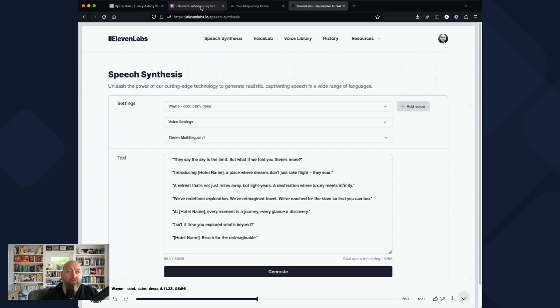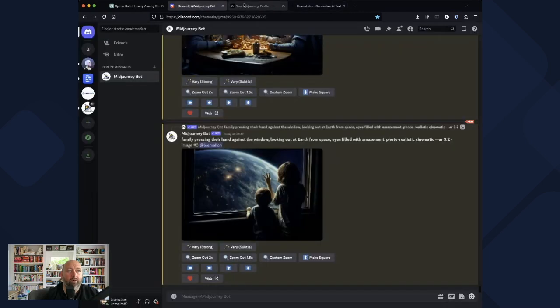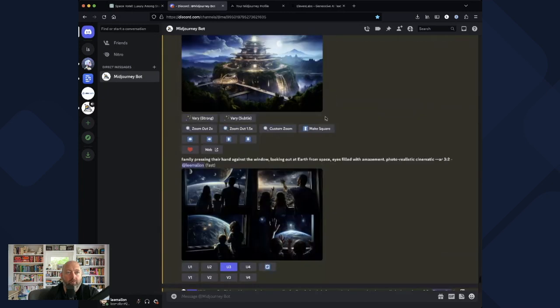Now, Midjourney, you basically access it through a product called Discord. If you're not familiar with Discord, it's kind of like Slack for people under 25. So inside of here, what you can do is give it a prompt, like an image description. These are the ones I've generated from